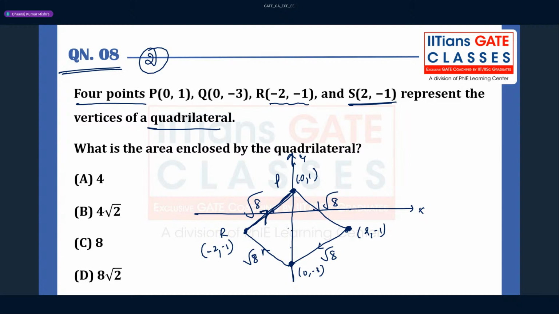So you can find the diagonals. Suppose if you join these points, these are the diagonals, right? So how do we find the diagonal? 2 of minus, that is, 4 square, and 4 square, so you will get 4 only, 4. And if you find this also, you will get 4 only, right? So this is also 4. So you see, diagonals are same. Okay, since the diagonals are same,